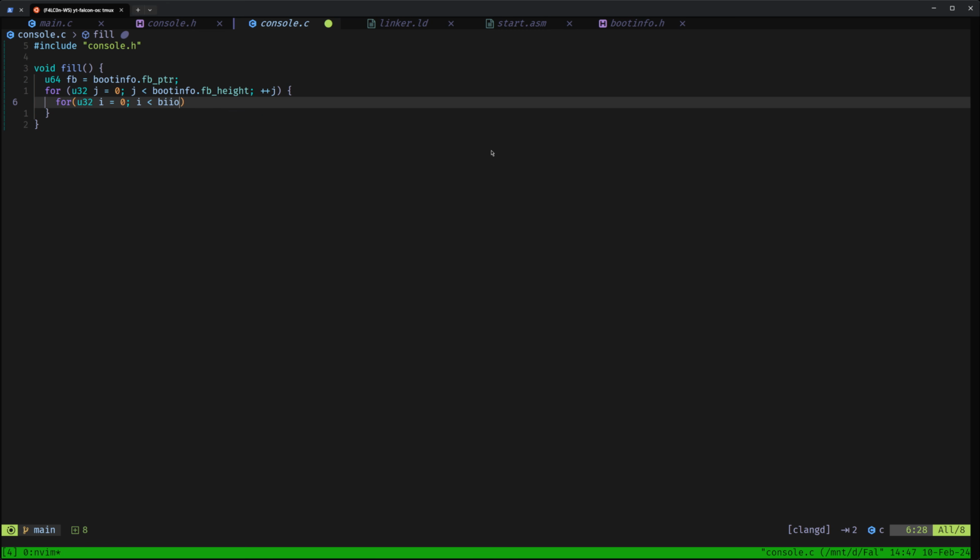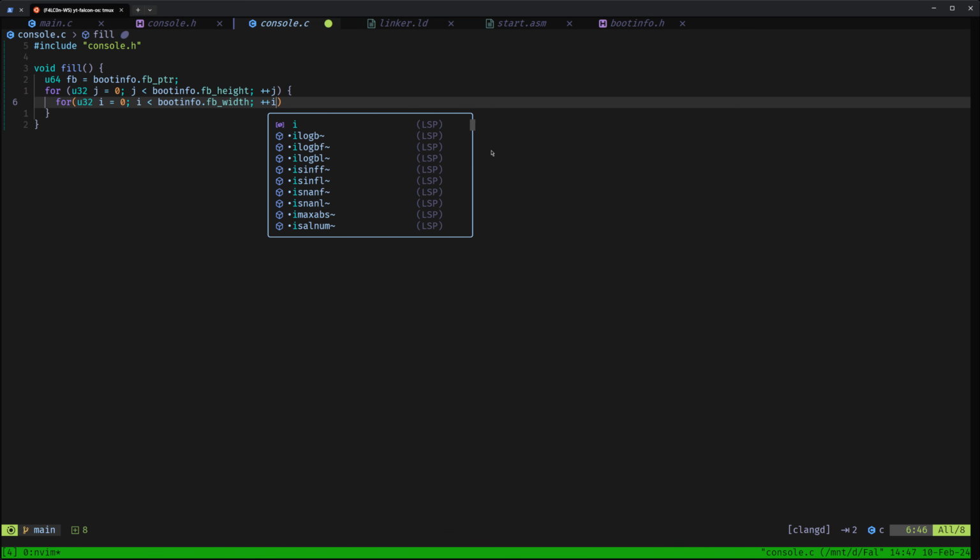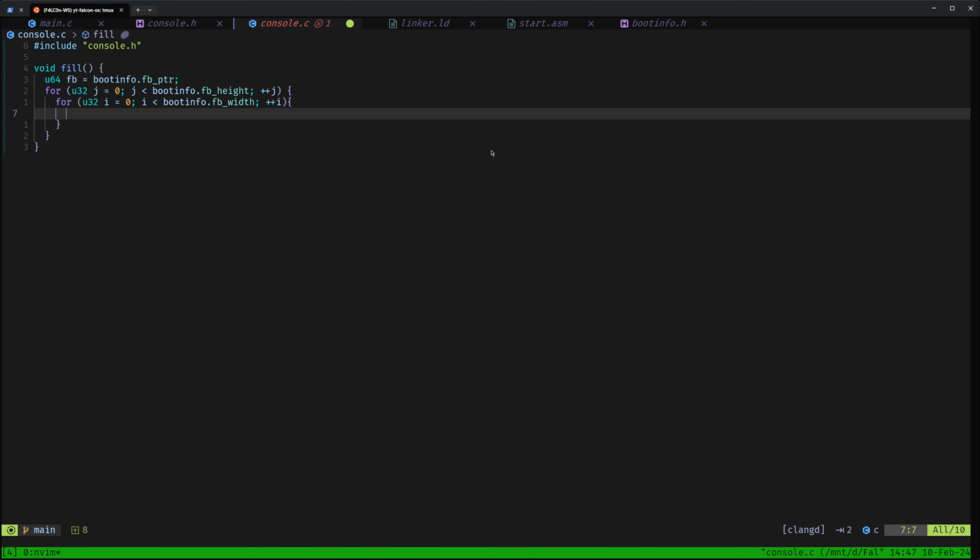boot info.fb width, and what we're going to do here is, let's first do this. And here what we are going to do is compute, we don't need to compute it. We know what we're doing, right? So we know that our